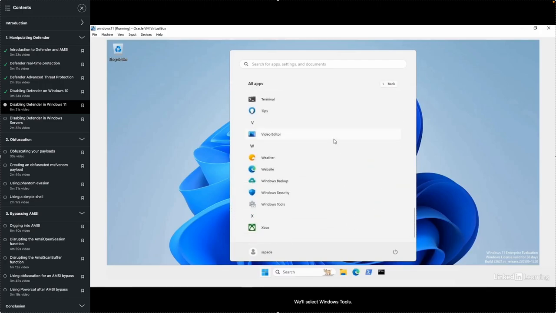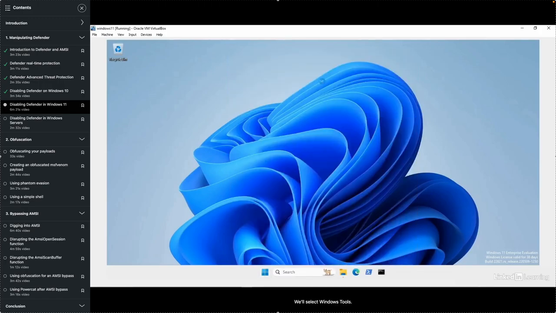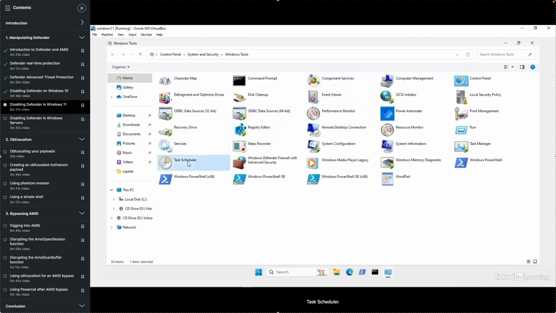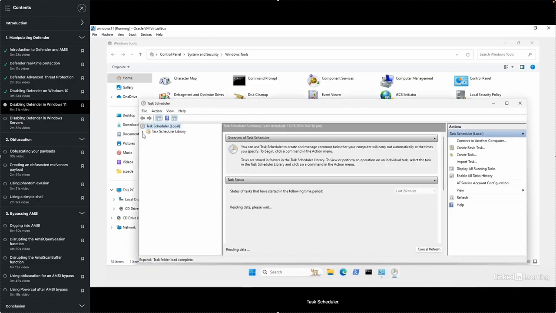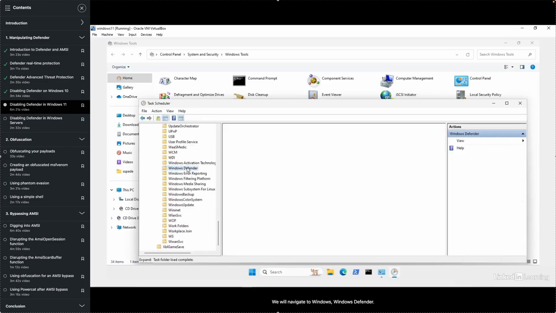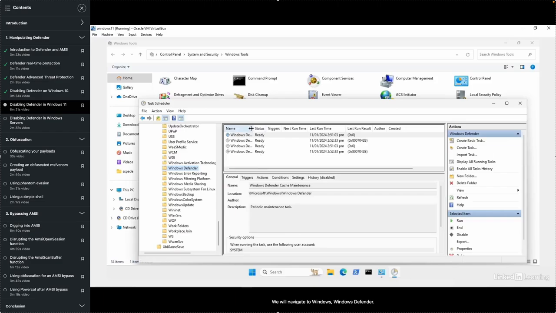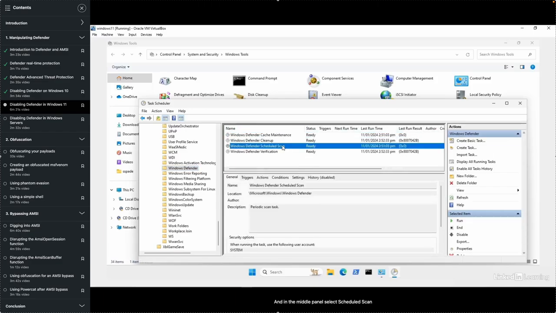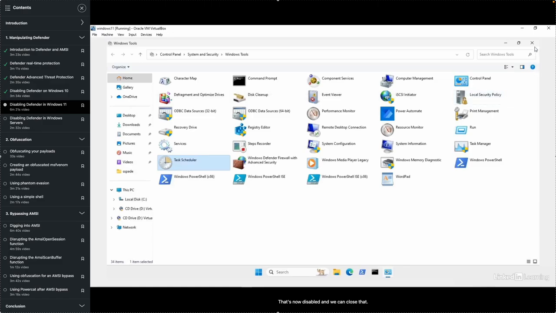Select Windows Tools, Task Scheduler, we'll navigate to Windows, Windows Defender, and in the middle panel select Schedule Scan and disable it. It's now disabled and we can close that. Close the Windows Tools,